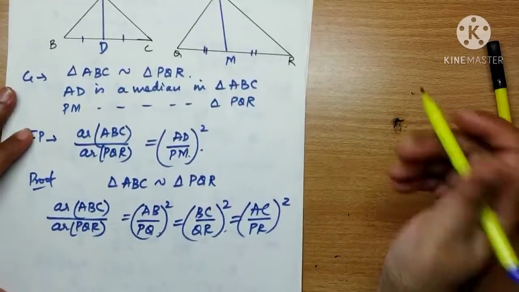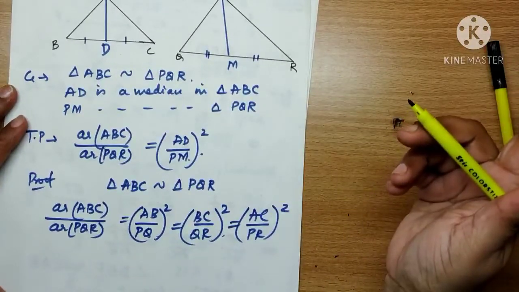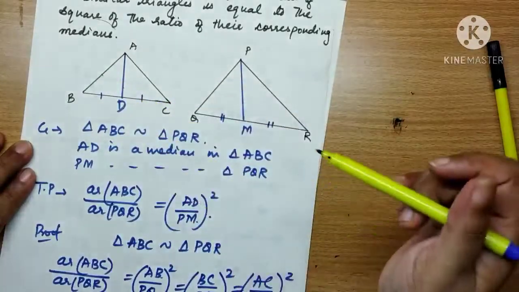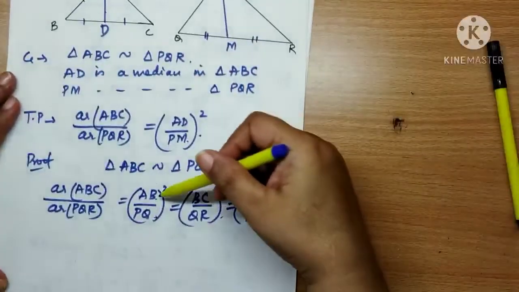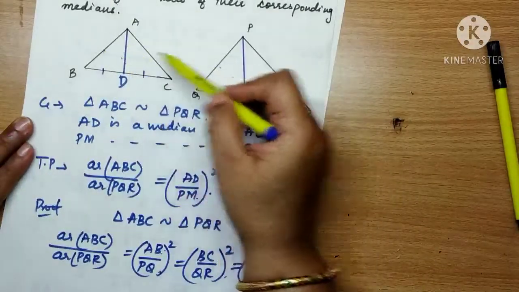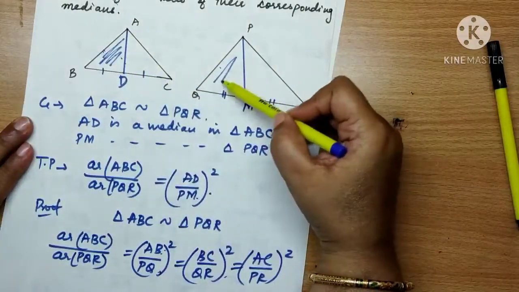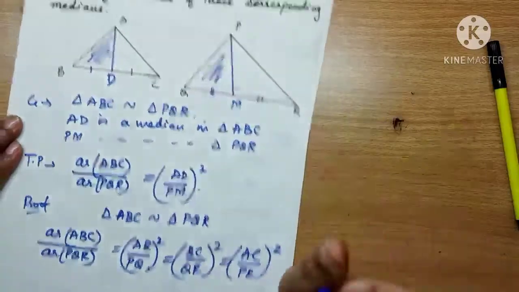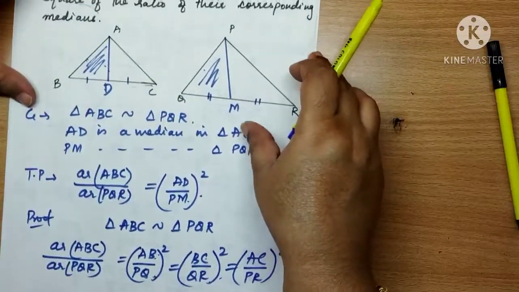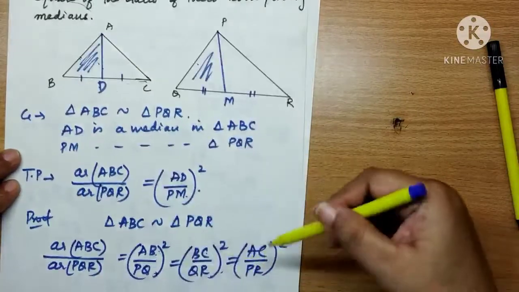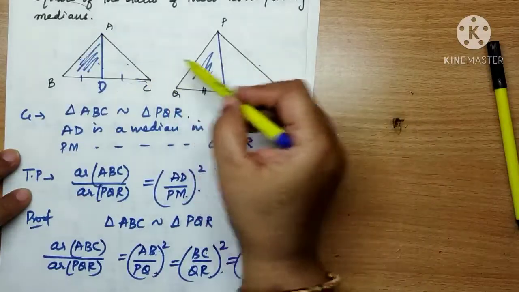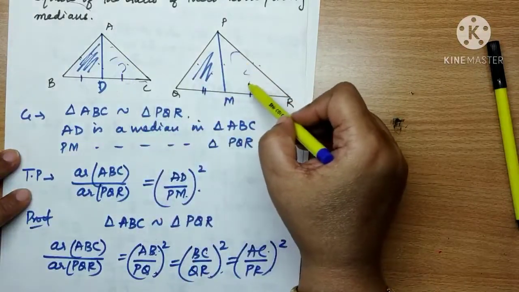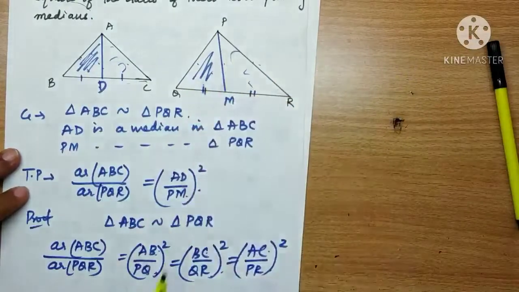Now which two triangles will we prove similar? We will prove those two triangles similar of whose sides, one of these sides and the median. Median and the side of the triangle. Now AB PQ, AD PM. So these two triangles, good. Next let's see BC QR. Now side BC and AD median, they do not form any triangle. They are not the sides of one complete triangle. So this cannot be proved. AC PR, these are also the sides and the median. So either I prove these two triangles similar or I prove these two triangles similar. Same thing. So let's take these two triangles similar.